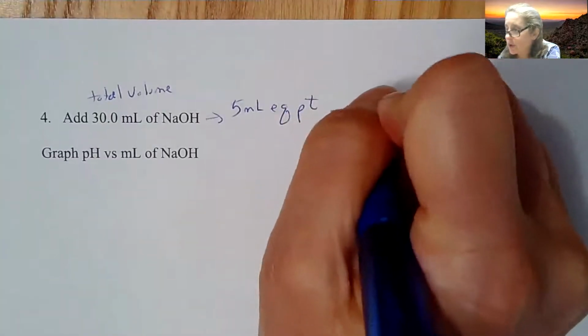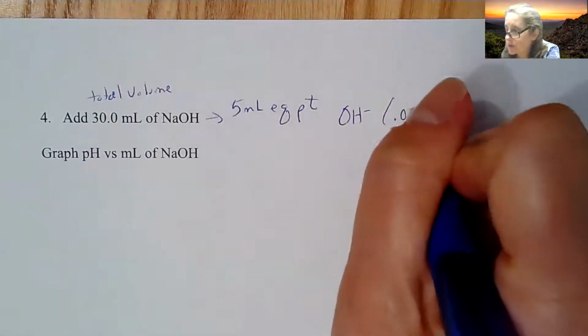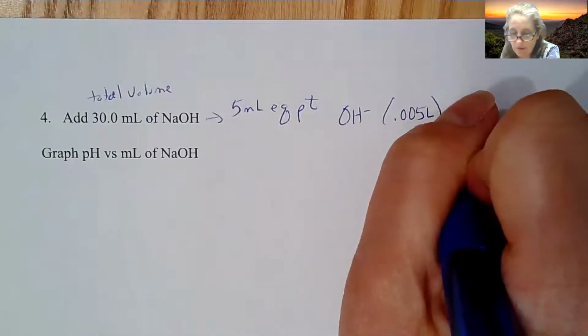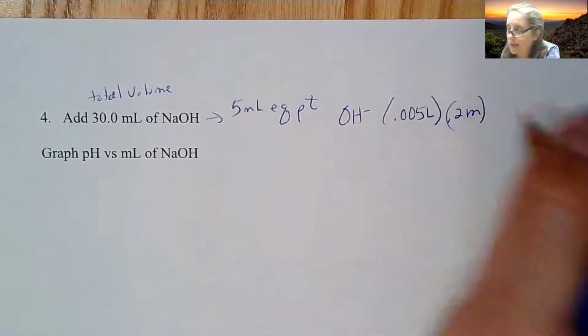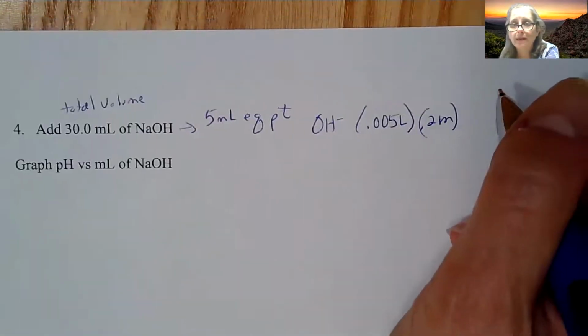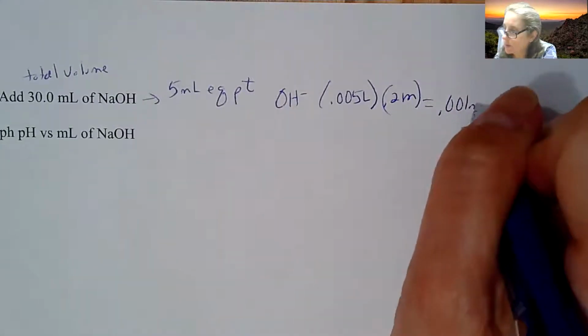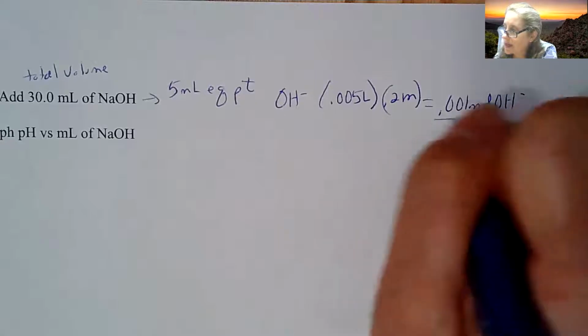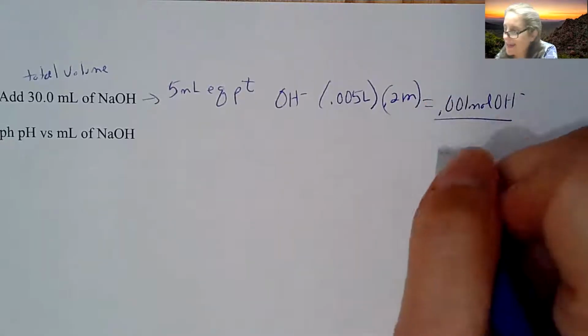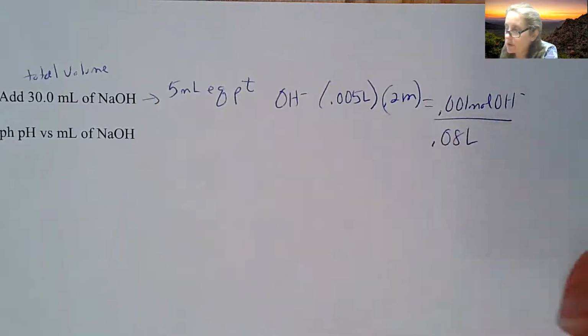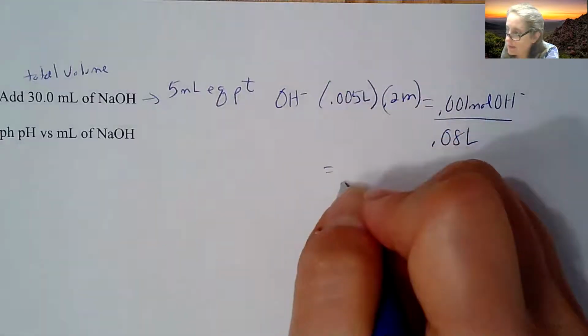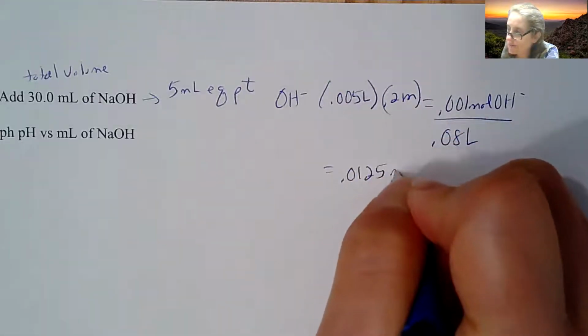So my leftover OH is going to be that 5 mils, which is 0.005 liters, times my 0.2 molarity. So that gives me my 0.001 moles of OH minus, but my total volume now is 80, so I have to include that. So that's going to be 0.0125